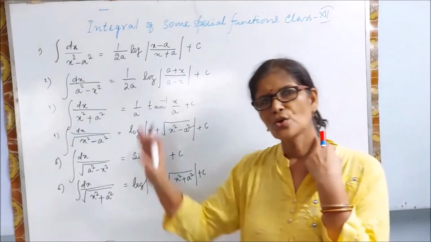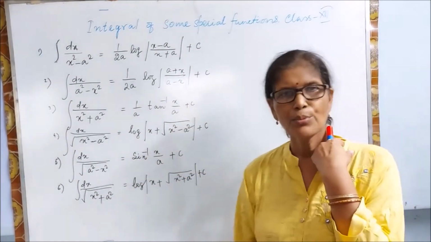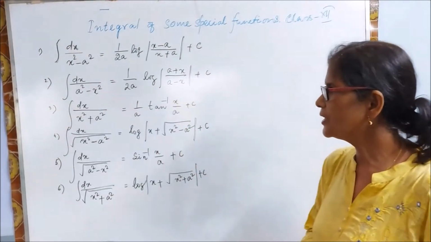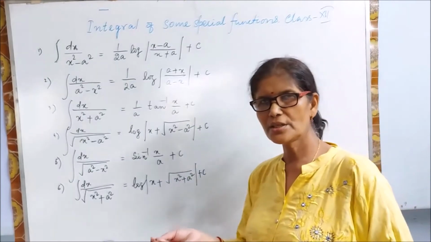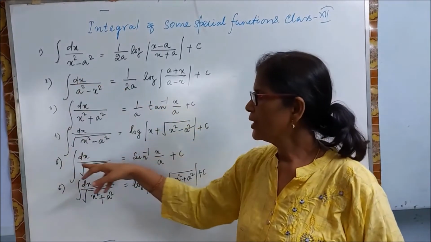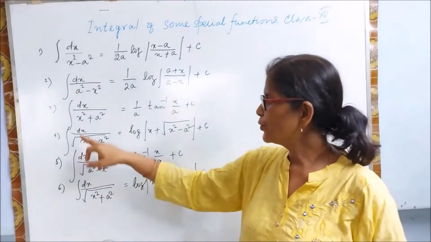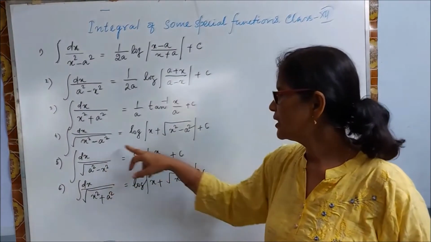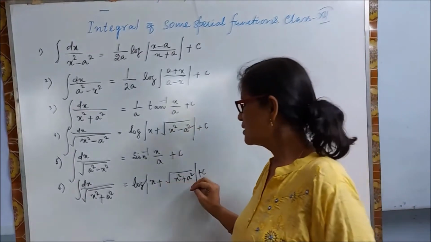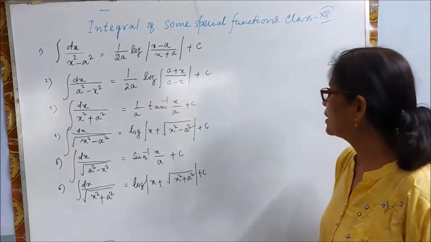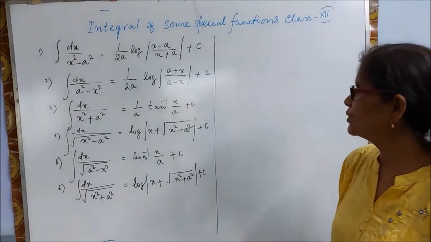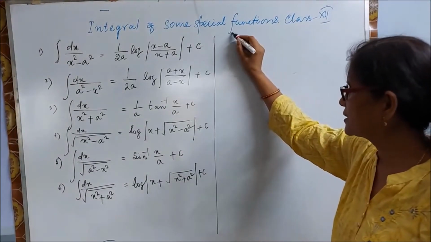So these are all the formulas. You can remember them, you can pause the video and write them down, or you can copy them from the book, where they are already there. Now the thing is how to apply them to questions. You can remember this by making a clue: these 4 and 6 are similar. The only difference is you are putting log of x plus the square root of x square minus a square, or x plus the square root of x square plus a square. So after learning these formulas, we will now see how to apply them to other integrals.